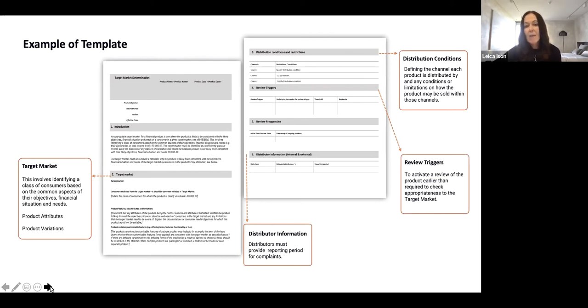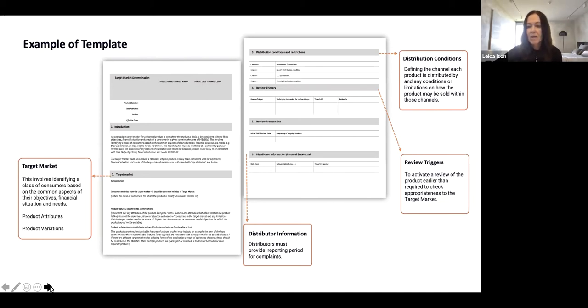But some of the examples I'm going to take you through, I just think they're a great tool for product teams to use also for the growth of their product strategy, because the advantage of using these review triggers is that we're all really busy, there's a lot going on, but these review triggers help us be a little bit more proactive around reviewing and monitoring our product strategy, and also give us that early warning that we need to optimize our product strategy.